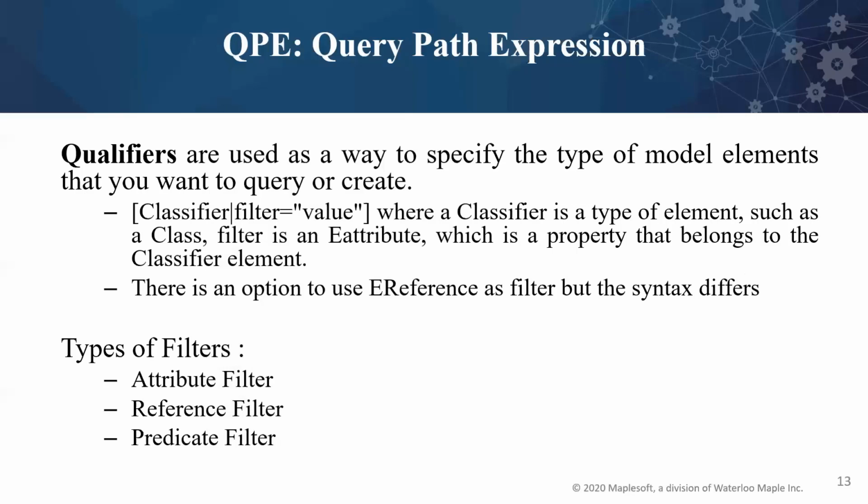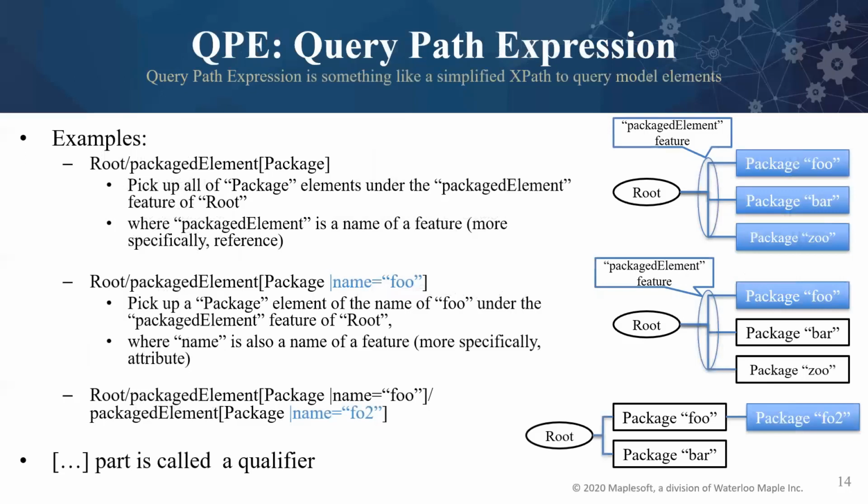Another example, say I want to query all the constraint properties which have a constraint port, and the constraint port should always have a type. Say this is a modeling practice or a rule that has been established in the organization. I can use the predicate filter to query the whole model for the constraint blocks which have a constraint parameter, and the parameter does not have any type associated to it. This way, the result shown to the user will filter out all the ones that have a type, and the parameters which do not have a type will be displayed. So that's what predicate filtering will do.